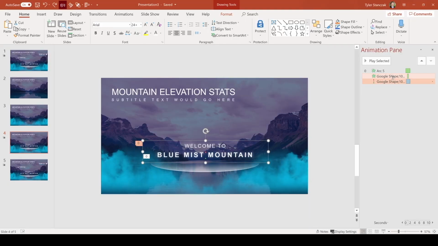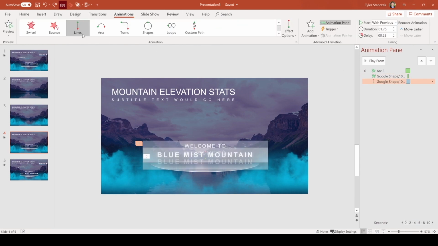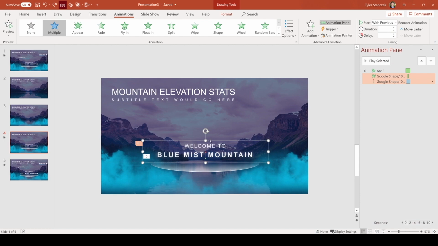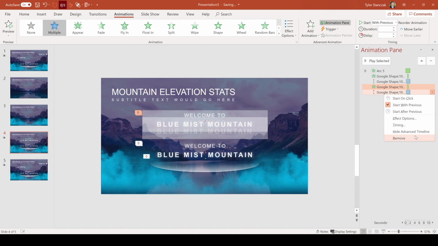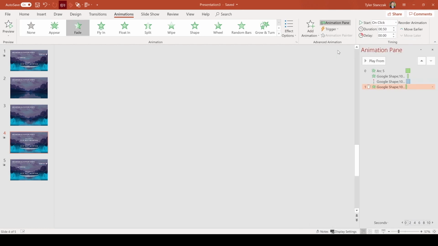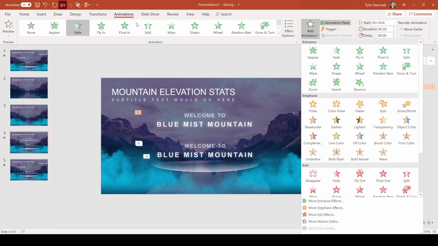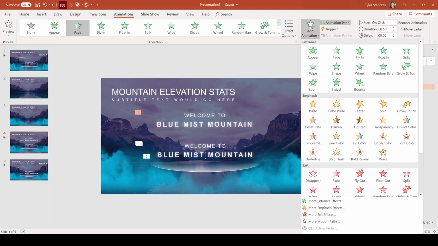You first need to add this animation, which is a fade, and then you're also going to need a line animation. In order to do that, I'll just copy this text right here, just so you guys can see. I'll remove this. First, I'll add the fade animation. While you're doing this, you always want to make sure that you're adding your animations right here and not picking them through this drop down here. Because if you pick them through this drop down, you'll only be able to add 1 animation to your effect and not more than 1. So that's why it's important to always click all your animations in this drop down.